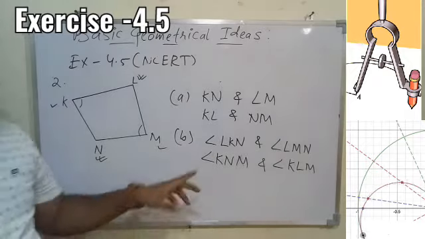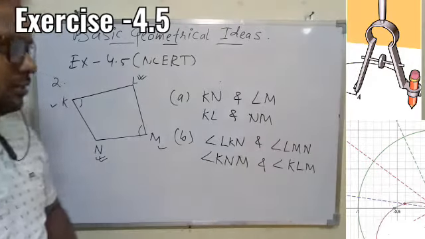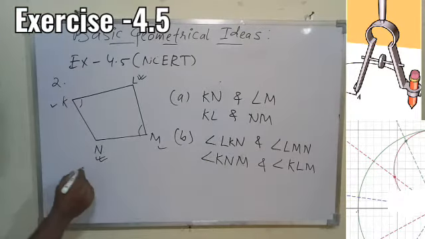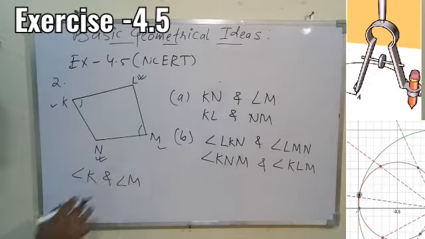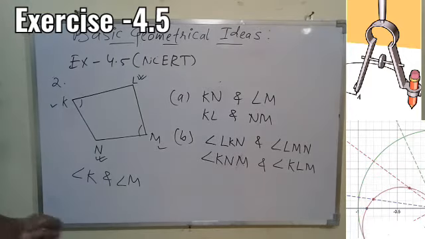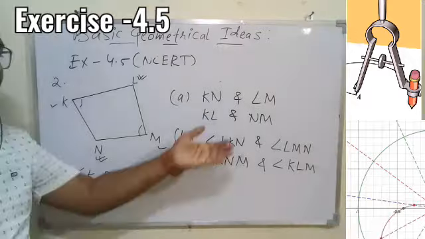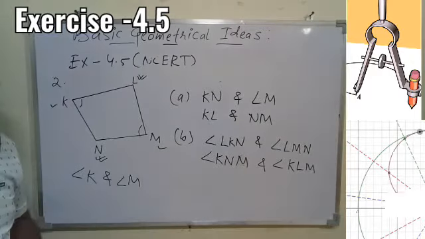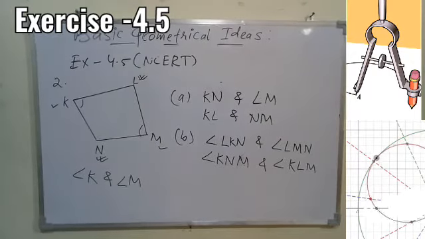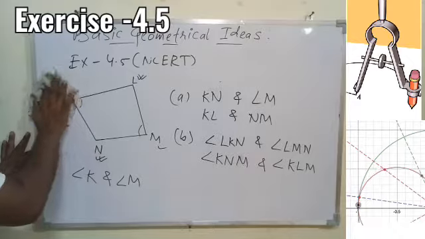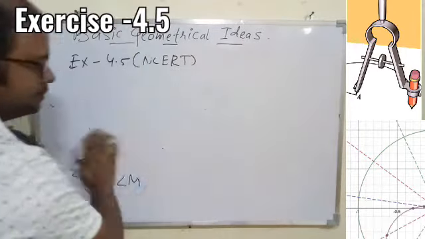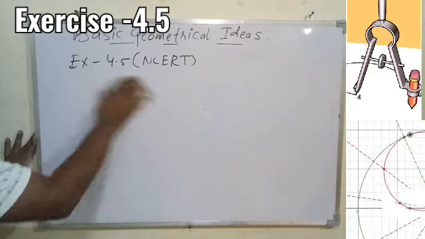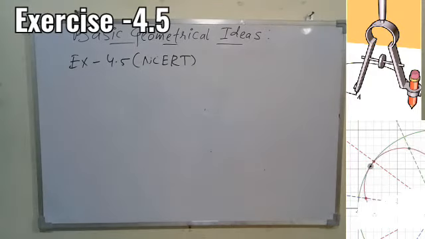And I have already said, if you write this way that is better, otherwise even if you write down angle K and angle M, that is also okay, not to worry, but if you can follow this all the time, that is always a better option. Okay, so that is all done from my side today. The rest of the questions we have, try yourself as homework, so that you can also learn how to do the questions.